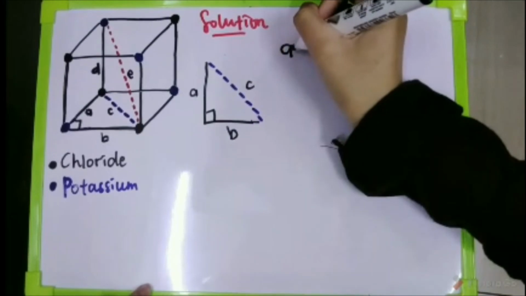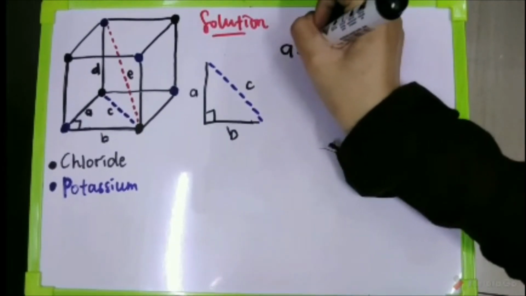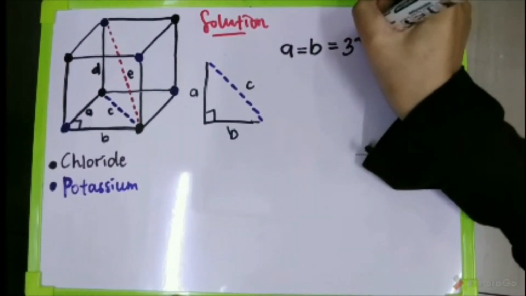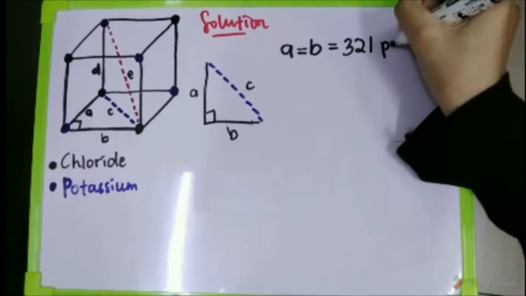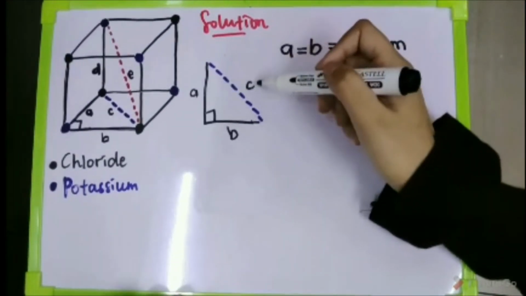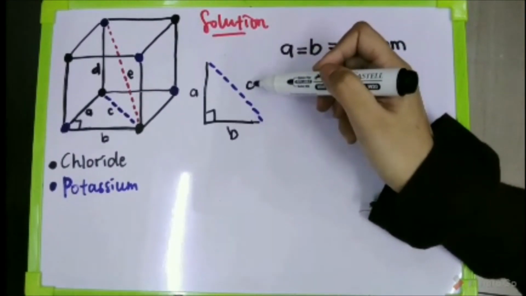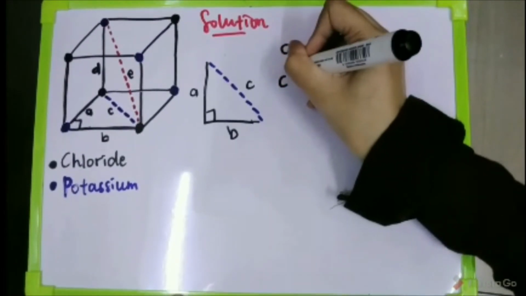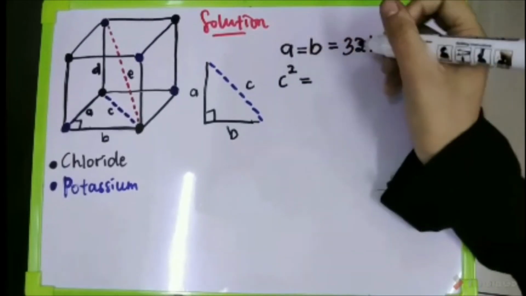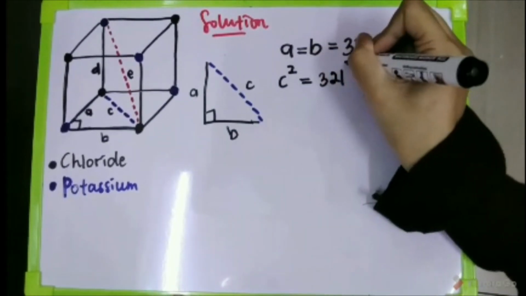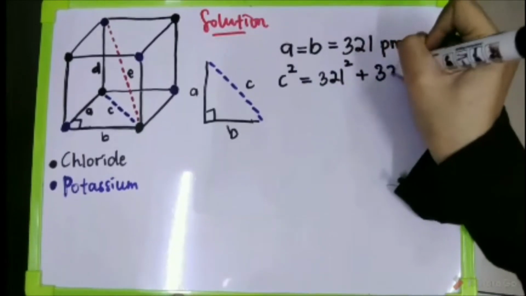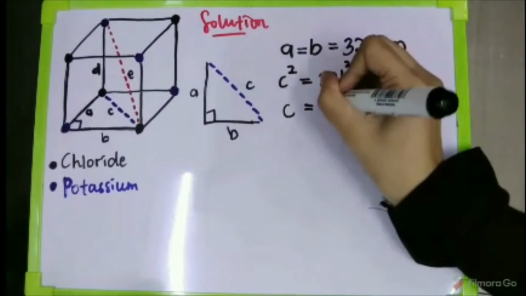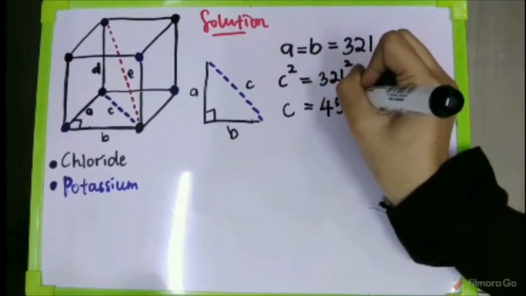Write the value: A equals B equals 321 pm. To find the hypotenuse, the value of C, we need to use Pythagoras theorem. So C squared equals 321 squared plus 321 squared. C equals 454